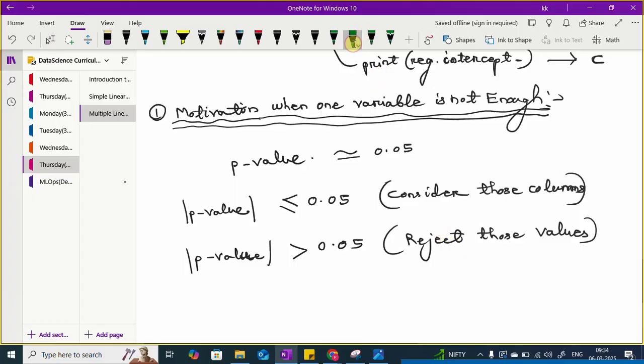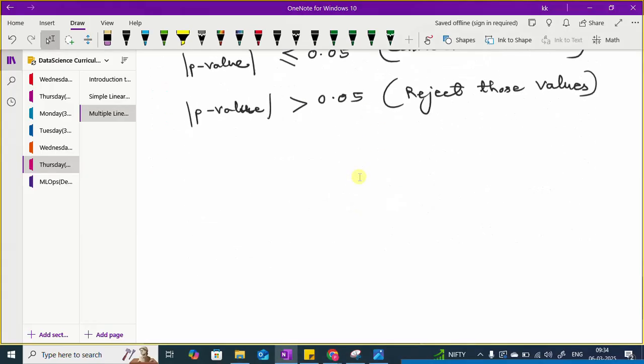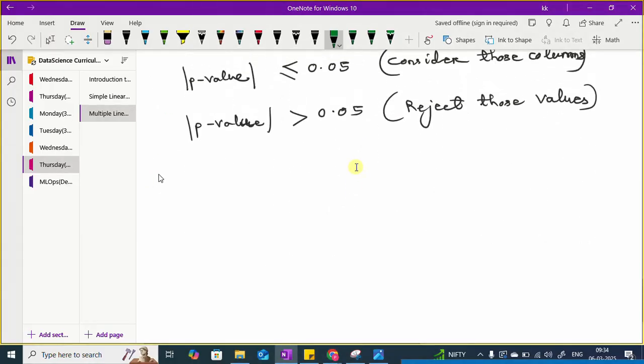Second one, because 3 points we discuss. Second point is